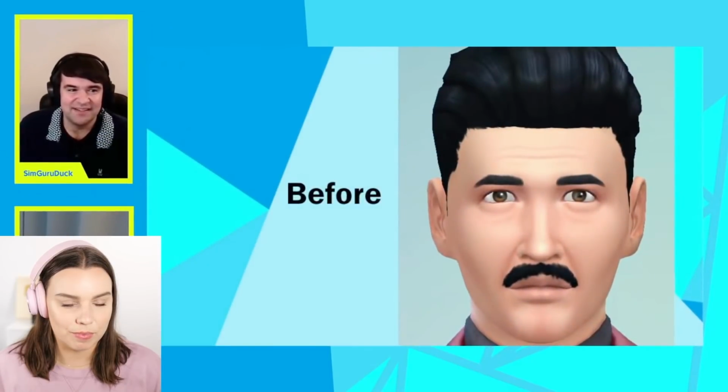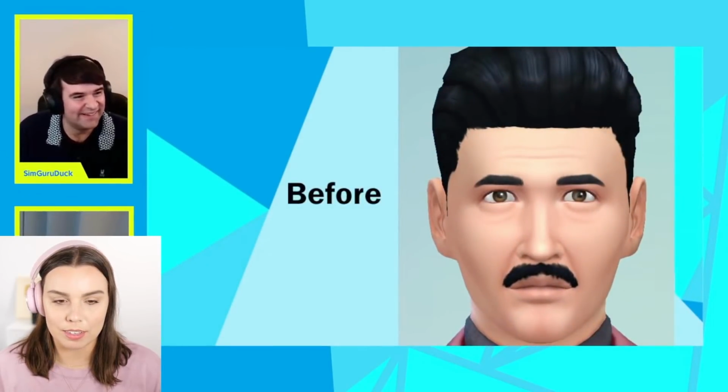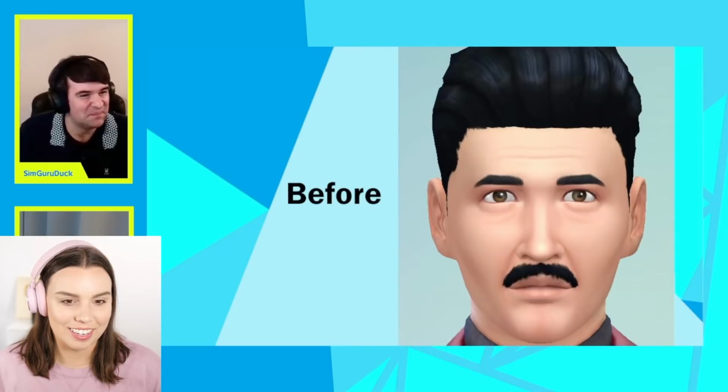So keep in mind that this isn't finalized. This is just what they're working on at the moment, and this is a sneak peek. So let's start with Mortimer. As you see here, this is Mortimer in the game right now. If you go to the next image,